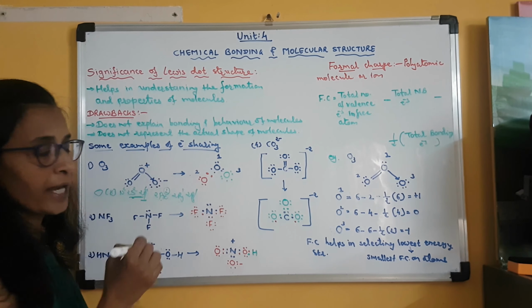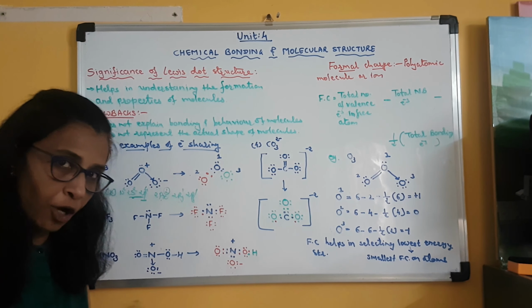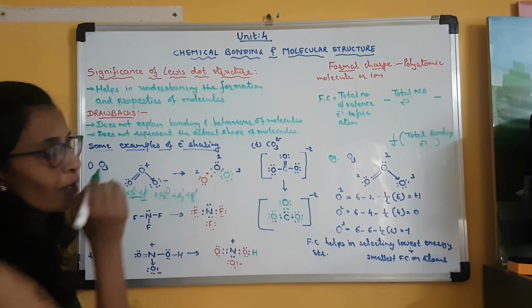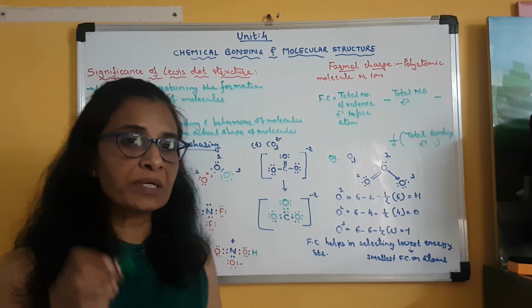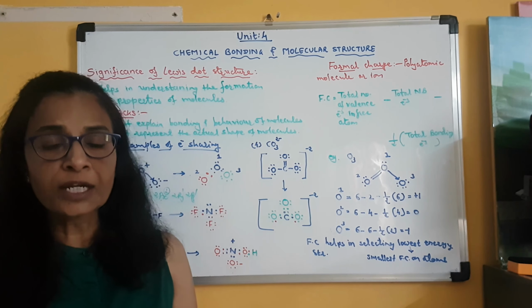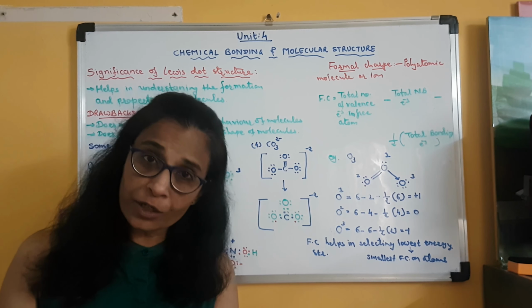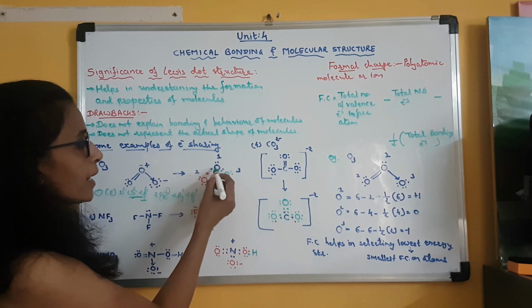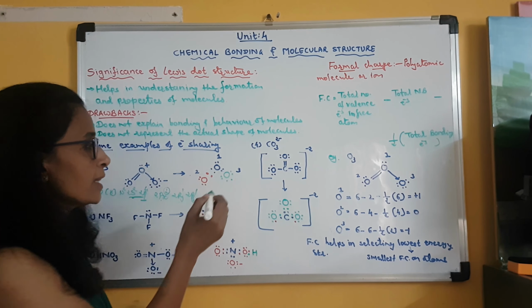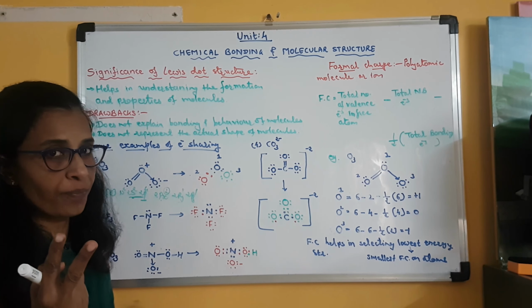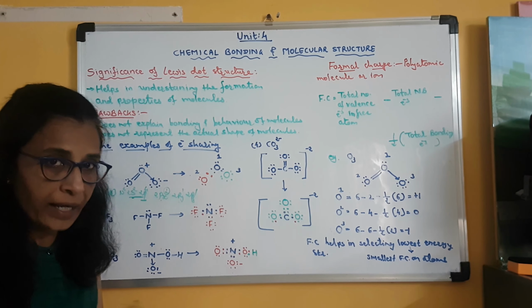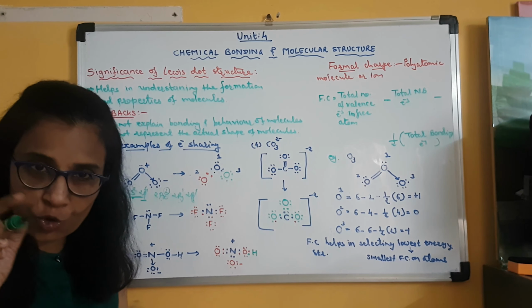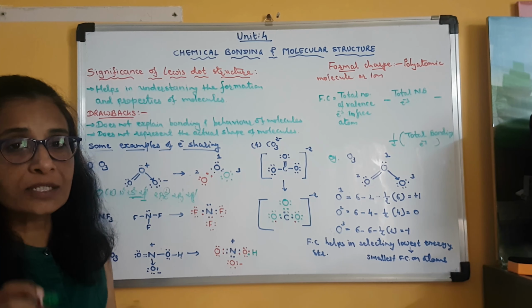Clear? Now what about the other electron pair which is present in the 2px orbital? So the first oxygen atom, as I labeled it, the head of the family, will give its whole electron pair to the third oxygen atom. The third oxygen atom is like a child in the family. Clear? So everyone in the family who is elder to that child will try to give everything to that child. So here the head of the family also decides that I have 2 extra lone pairs of electrons, so if I give my whole electron pair to the third oxygen atom, that is, to the child, then nothing is going to harm me.